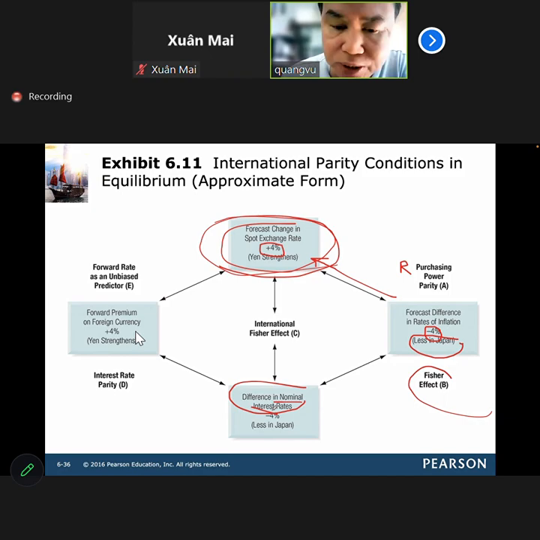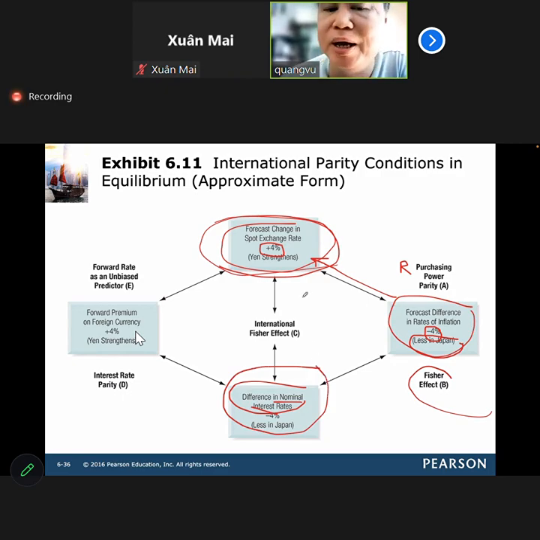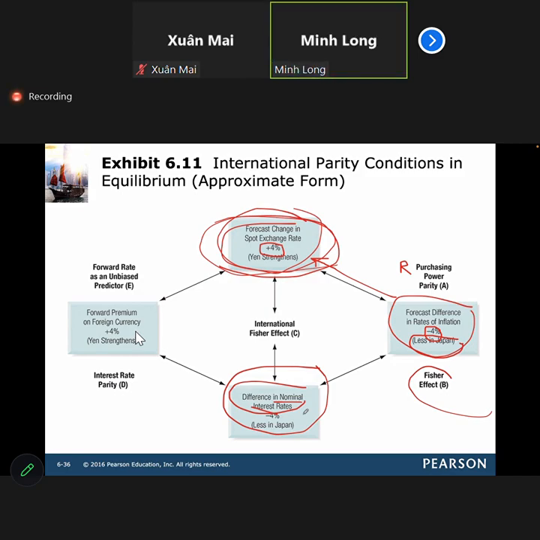No free lunch. Okay. So in sum, you might want to predict the future spot rate based on the difference in inflation rate between the two countries, or based on the difference in nominal interest rate between the two countries. And then you should expect exactly the same results in future spot rate. No matter what, whether you get your forecast done based on inflation or on nominal interest rate, it's the same. Okay. Now, however,